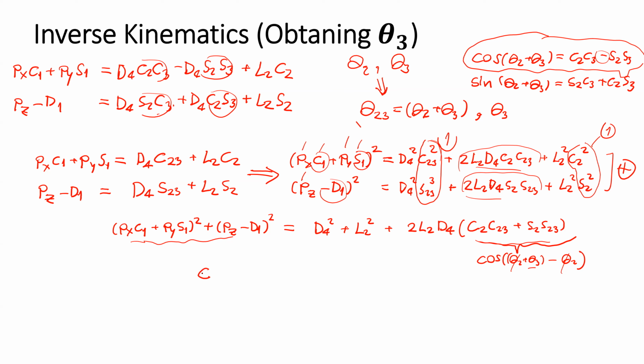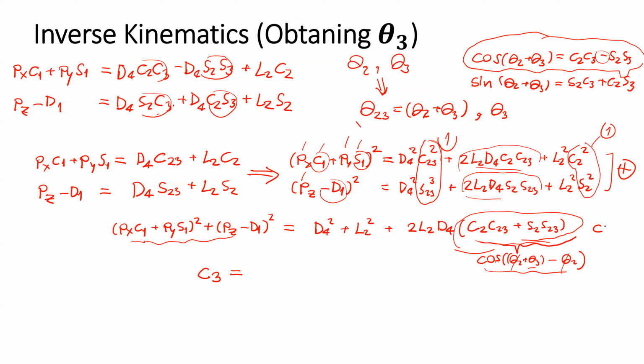So you can rearrange the equation so that you can get the cosine of theta 3. This term is equal to cosine of theta 3, because this one is cosine